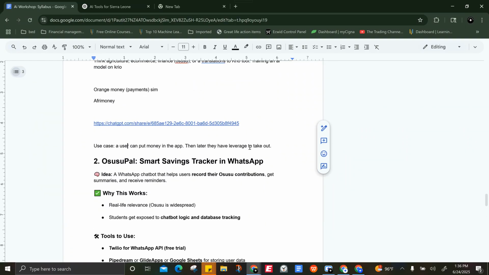Another scenario I was thinking of is similar to Susu but different. In Susu, you put in one month, one person gets it. You put in another month, another person gets it. But the way this is different is: